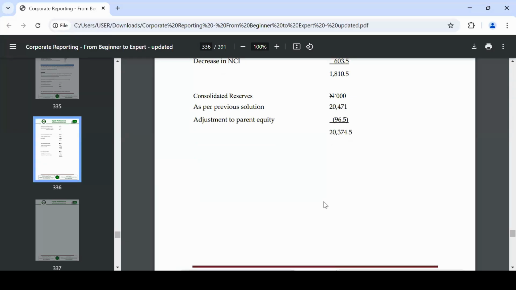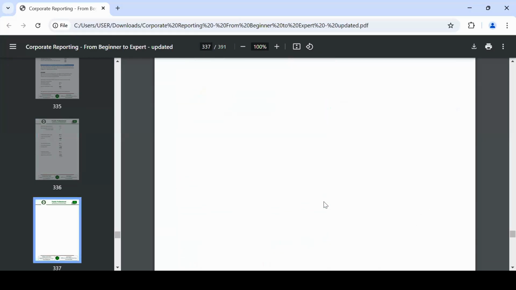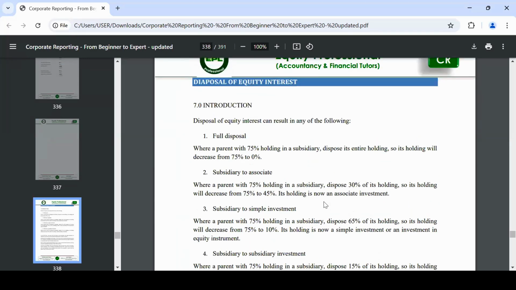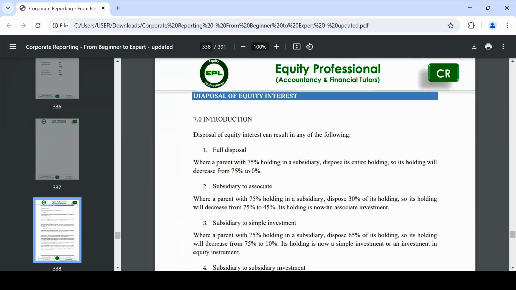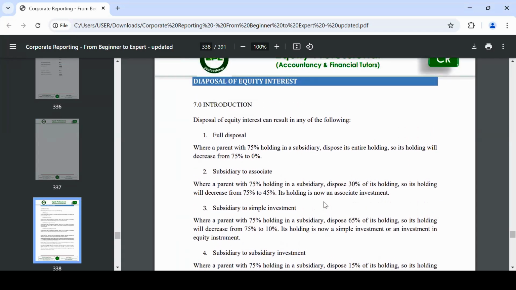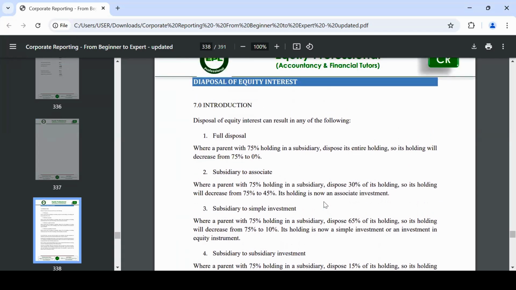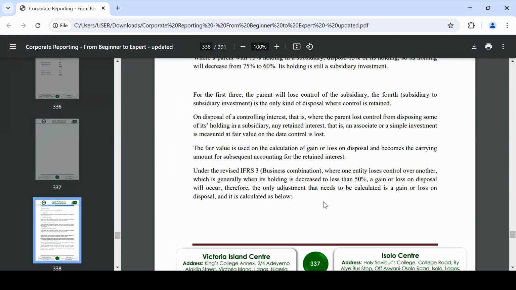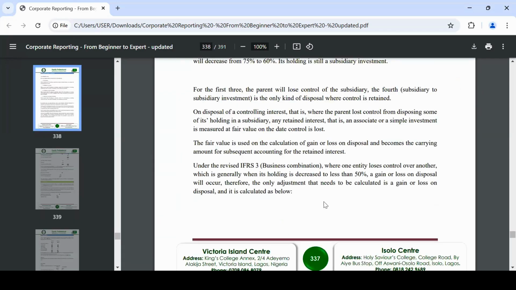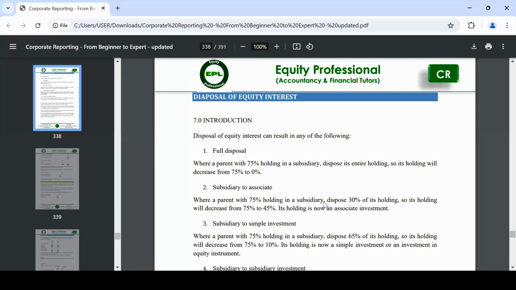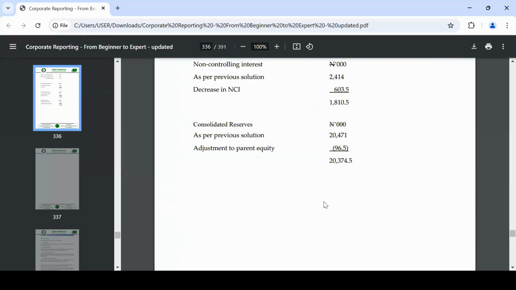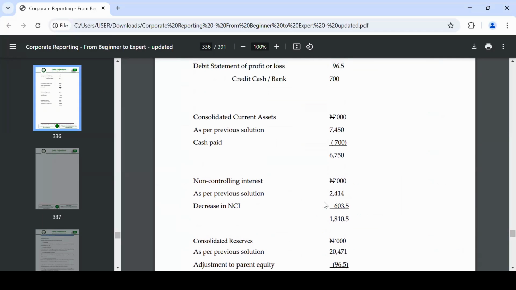All right. So this is where we're going to draw the curtain for tonight. Next week, we're going to look at disposal of equity interest. We'll soon be done. If you look at the number of pages, we are on page 330. We'll be on page 338. In the next class, we may be able to round up on this building of blocks that we've been doing. We still have one or two major critical things to look at. Things like foreign subsidiary and the likes, cash flow as well. I think after this topic, I'll just enter cash flow.